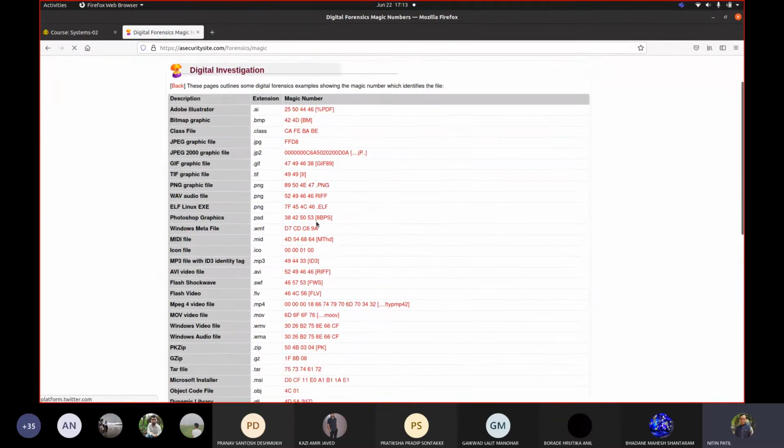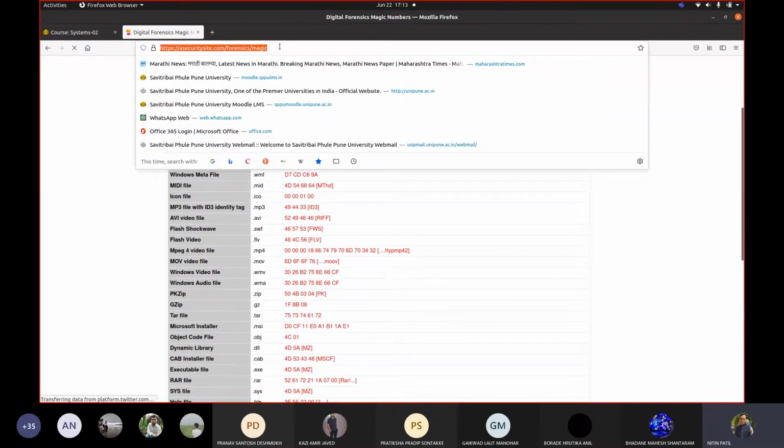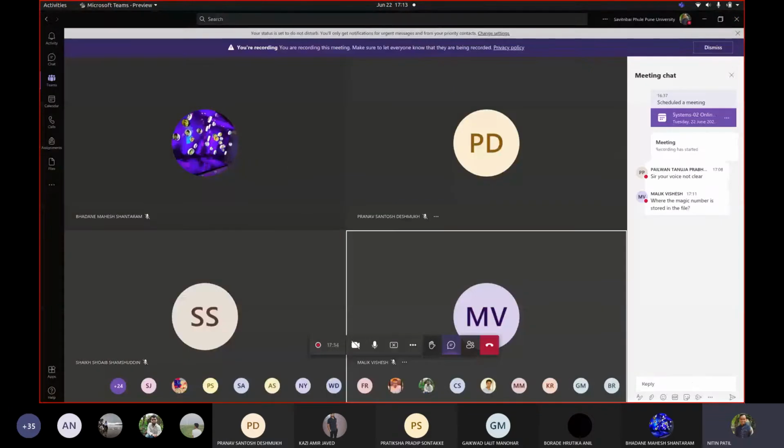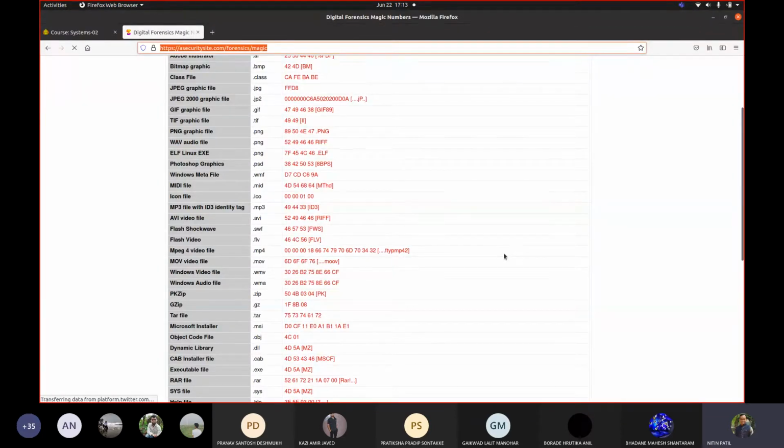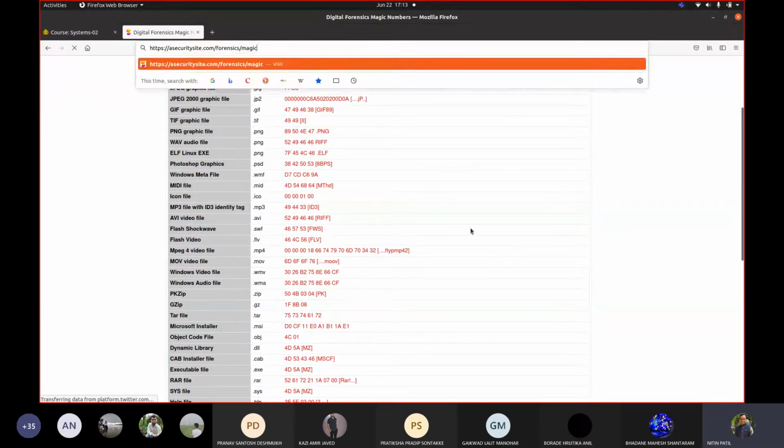These are the different magic numbers. I will add this link into our comment window so that you can also check this. You can open this link on your laptop, desktop, whatever you have. So for every file, it is there.